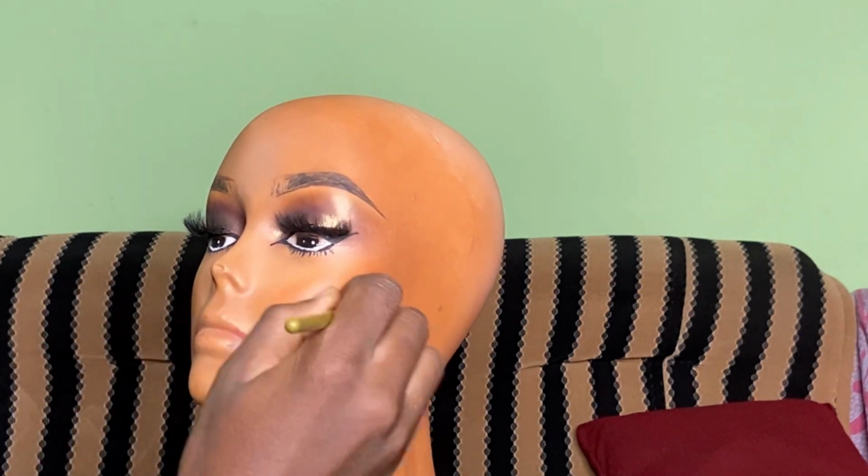So at this point, I just blended everything, smoothened out our makeup. Don't worry about the back of the hair that doesn't have the makeup on and all that. I mean, you won't be seeing that part. A wig will be covering it. So I went in with this orange shade in my eyeshadow palette and just used this as a blush for the mannequin. Oh god. I mean, this mannequin be popping already, guys. Like, I wish this makeup was on my face. So yeah, I blended all of that in,